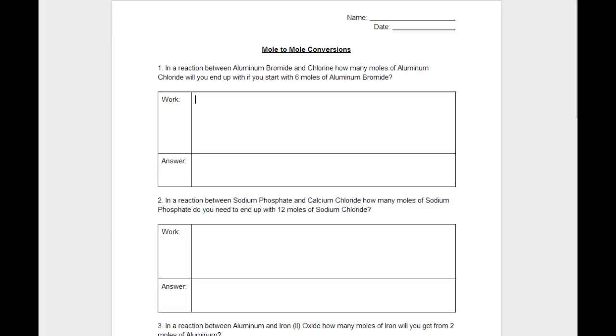So this is going to be the homework for tonight, the mole-to-mole conversions. For the first one, we have a reaction between aluminum bromide and chlorine. First thing we want to do is write out a balanced reaction, so that way we know what we're working with. So for the reaction between aluminum bromide